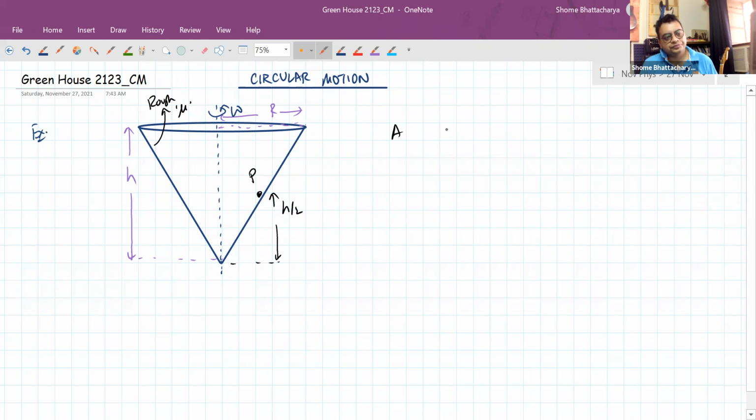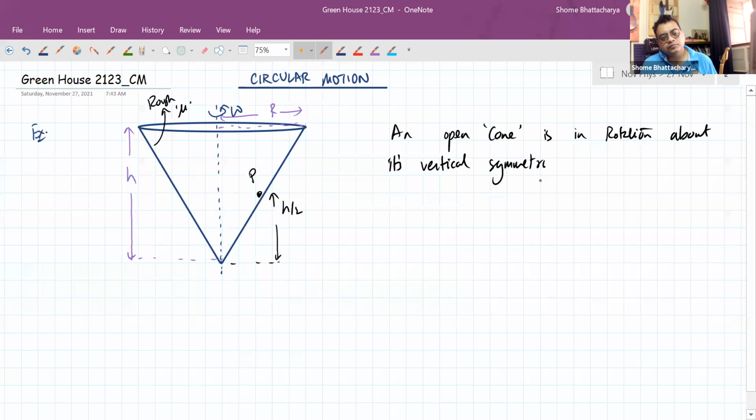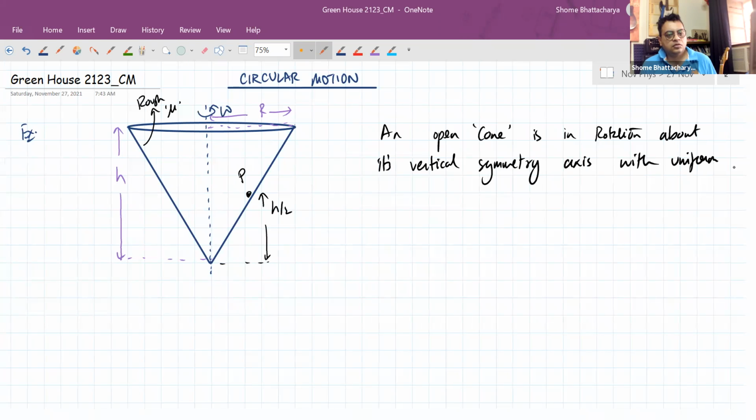So an open cone is in rotation about its vertical symmetry axis with uniform angular speed omega